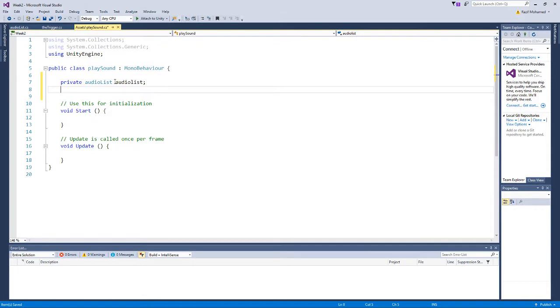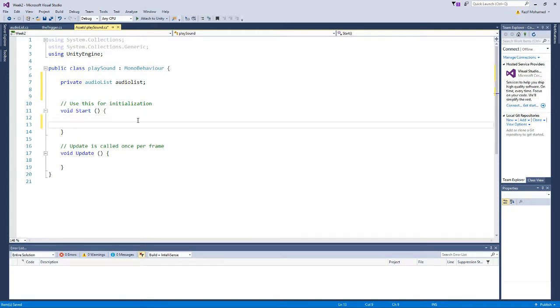And then we have audio list, and then we're going to do the sound engine as well. So I'm going to do private, let's do sound. Hold on, let me double check. I don't think we need it. Let's try on start. We need to find the game object, so I'm going to do